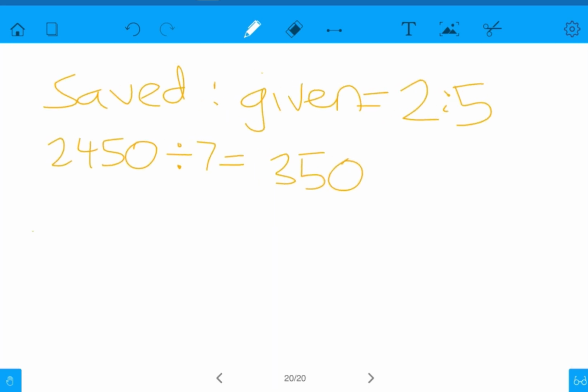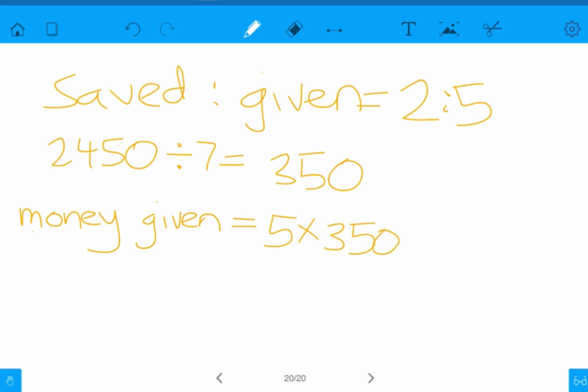So that means that the total amount of money given is 5 times 350, which is 1,750 pounds,